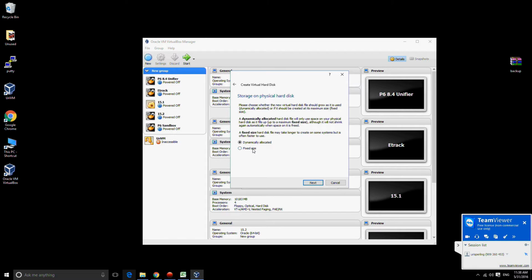and I'm going to choose fixed size. I just don't trust the dynamically allocated. It doesn't perform as well when you need it. So make sure you have enough space. I'm going to allocate 150 gigs hard drive space. You may not need this whole space. Probably you can do with